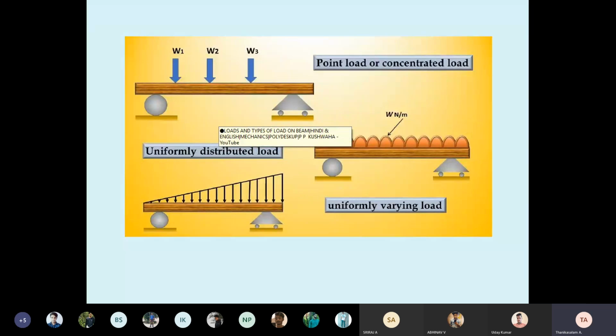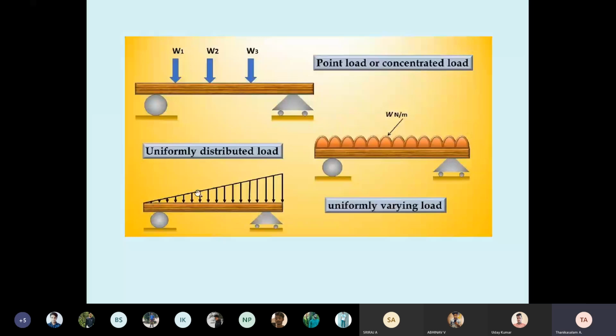It carries vertical loads. See, the computer table top is a beam. Whatever you are using that is horizontal, you can say beam. From an engineering point of view, anything horizontal you can say beam. The computer table is also a beam because it is horizontal, supported by 4 legs. Therefore, the beam is a structural member that carries vertical load. So it is subjected to 3 loads. Maybe point load, maybe uniformly distributed load, maybe uniformly varying load.